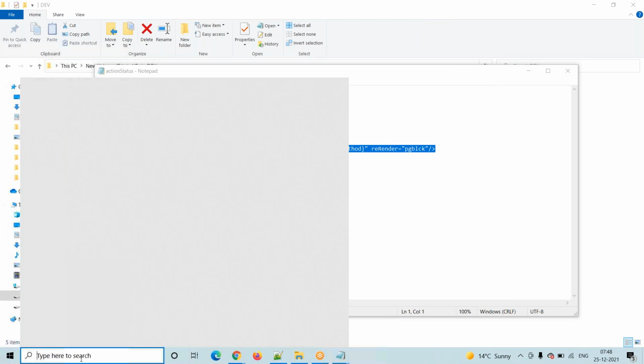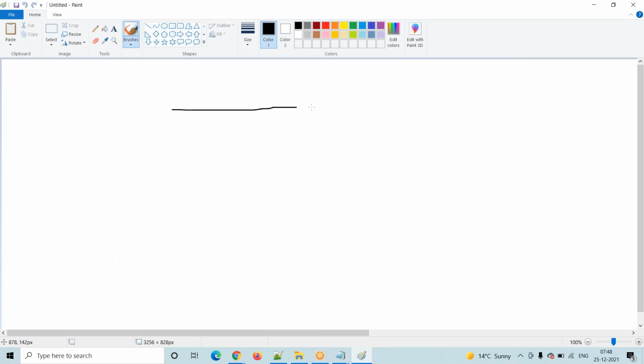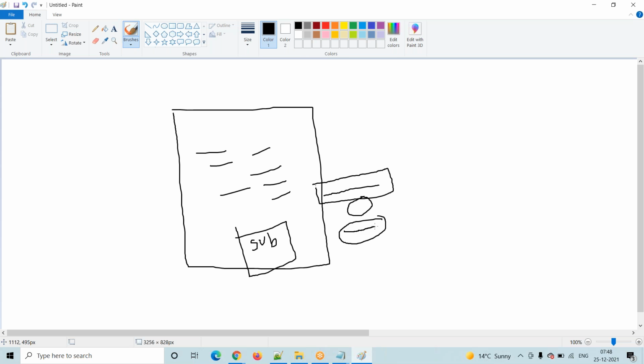So you are trying to fill in one form. This is your form. Suppose you are working on one website or some other place, and you are filling all these details and click on the submit button. Then what will the system do? It will show some message or it will show some image, right? Your request is processing. Processing, please wait.